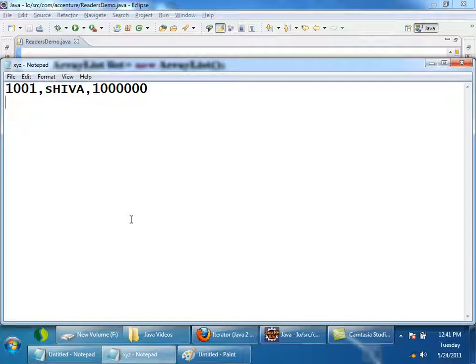The second line also will follow the same pattern, separated by commas. Employee ID 2002, comma, tell me another name. Okay, Varun. So salary is 30 lakhs. Like that, I will be having all the employees. Insert some employee details separated by comma. First one should be the employee ID, second the employee name, then salary.